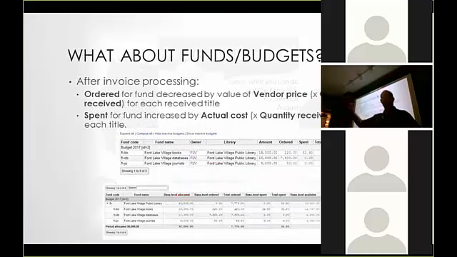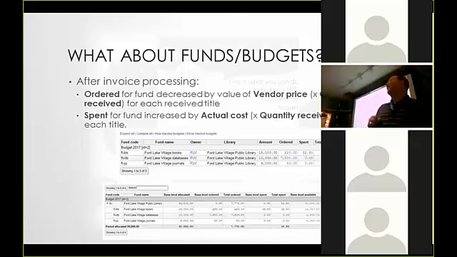What happens on the funds and budget side? Guess what? Unencumbered funds: the amount of funds unencumbered is decreased by the vendor price times the quantity received. Similarly, spent funds increase by the actual cost times the quantity received. Like any proper encumbrancing system, the net effect against encumbered funds